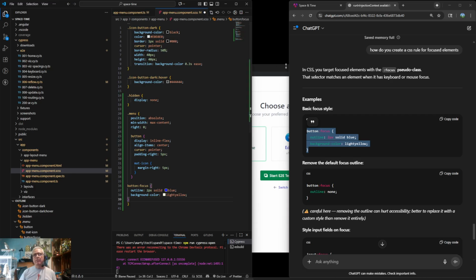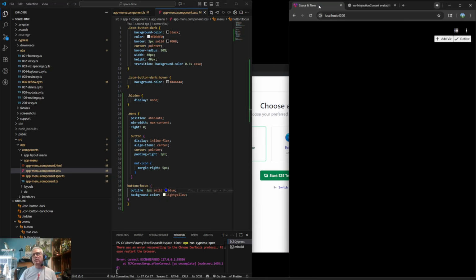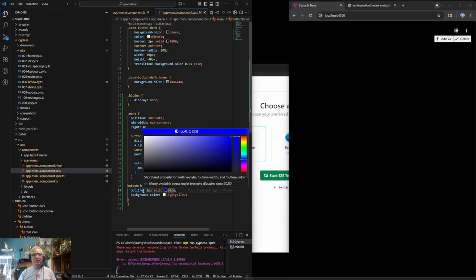I don't know what I was doing wrong. It's like maybe the button itself isn't what's getting the focus. Oh, okay. Now it's working. So I think all we want to do is,